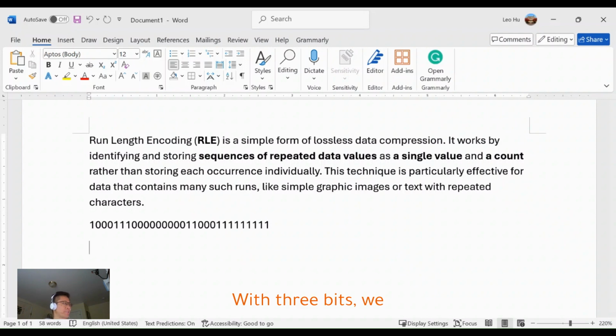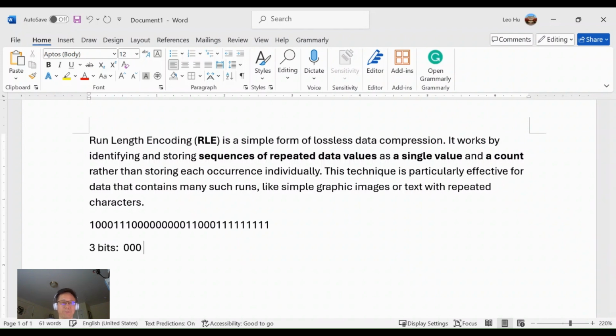With 3 bits, we can represent at most 8 values. That is